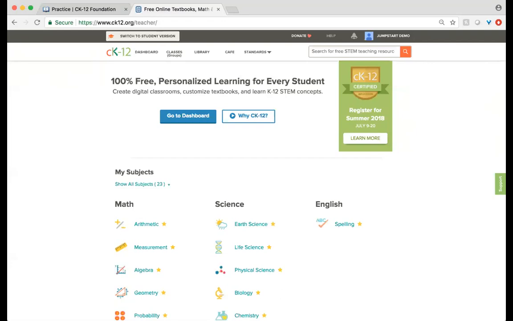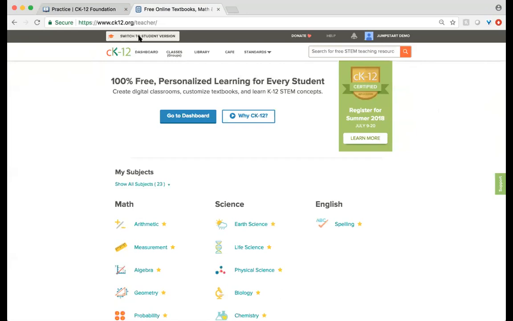Lindsay, we also have a couple of questions regarding the view. People were asking, are you in a teacher view, a student view? And then how do I see the student view? Maybe you could talk about how this is the same view for the most part. Yeah, so at the home page here, I'm in a Jumpstart demo account, which is a teacher demo account. I selected that when I signed up for the site.